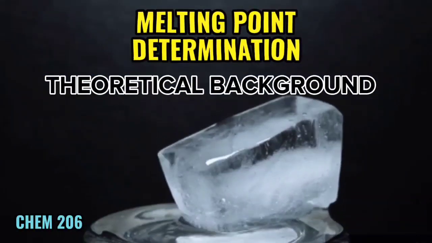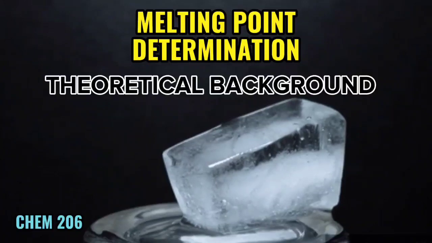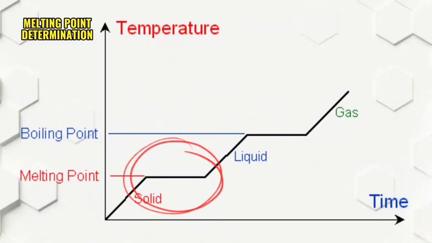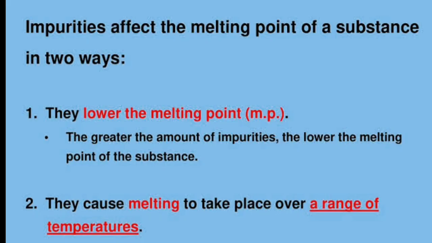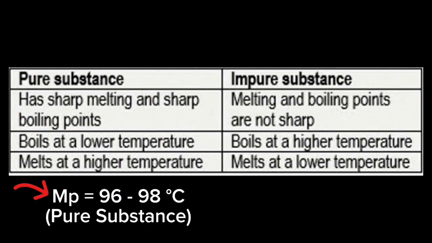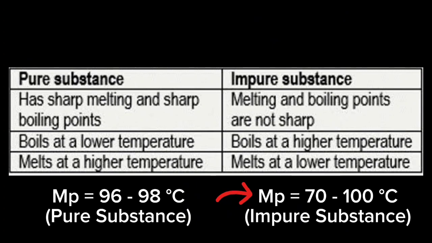The melting point of a pure compound is a characteristic physical property, meaning that it remains constant under specific conditions. When impurities are present in a substance, they can cause a depression or broadening of the melting point range. In general, a higher melting point indicates a higher degree of purity. Pure substances typically have a sharp and narrow melting point range, whereas impurities can cause the melting point to decrease